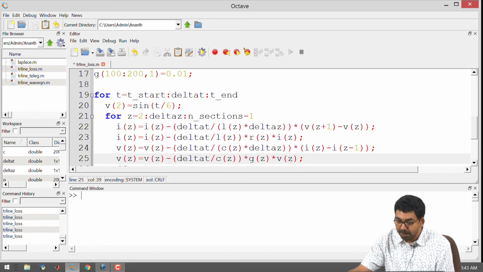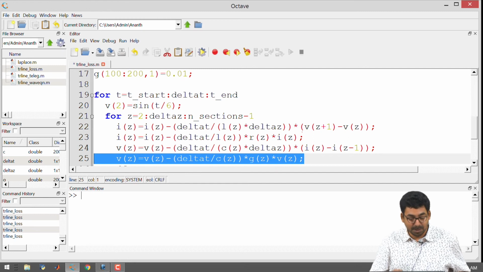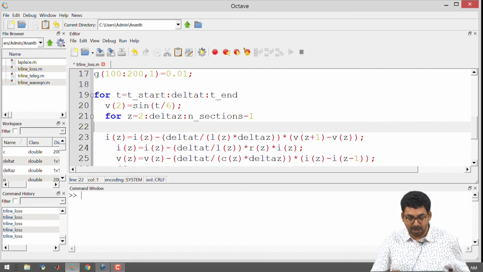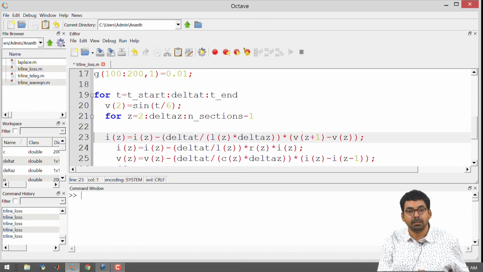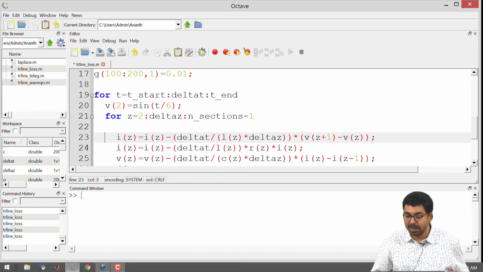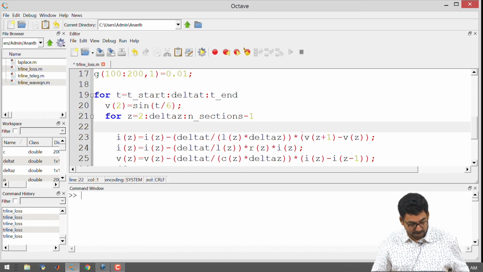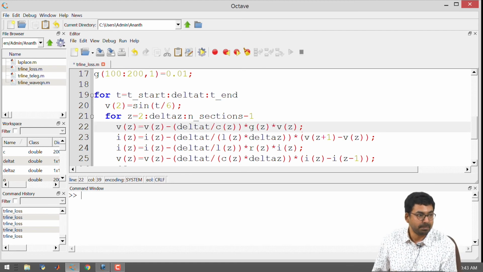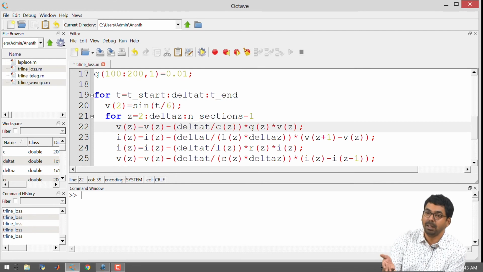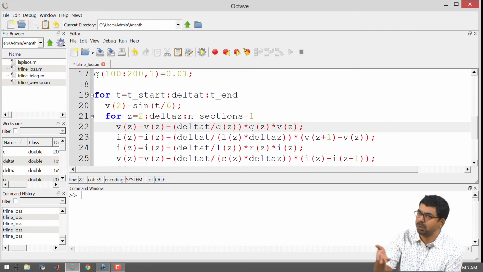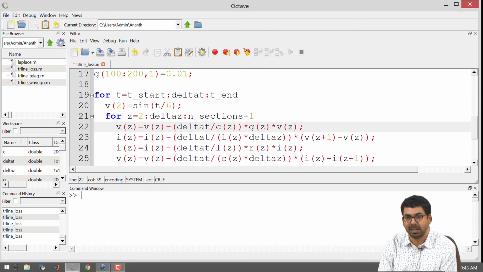Now, is this the correct way? One can always argue, all right. We can make some small changes to this, and you can say that the voltage correction has to happen before you even calculate the current, because you are using the value of the voltage in your update equation. It is a very, very minor detail that you would not have noticed if you had not plugged in negative quantities of R and G. Otherwise, your code would have worked fine, it is perfectly fine.